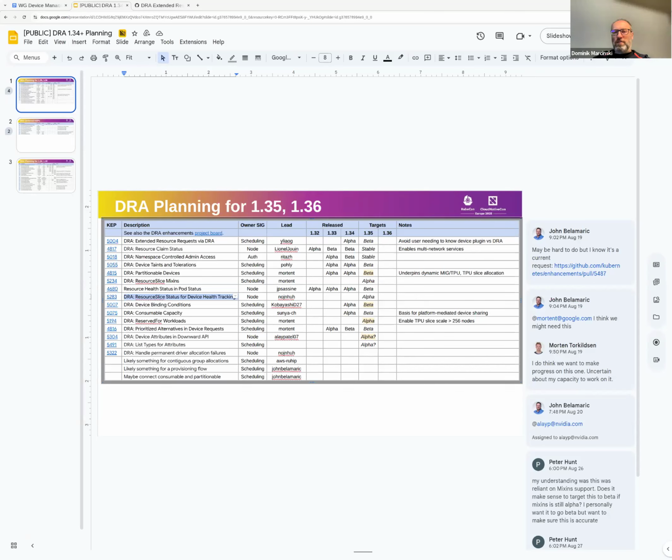You mean schedulers or device managers? So in terms of allocation, it's the scheduler. Okay, in terms of tracking, how much? Yeah, how much is available, how much they can use, how much has been allocated. And the recording of the allocation then happens in the resource claim status. So that's the source of truth for a device is in use.